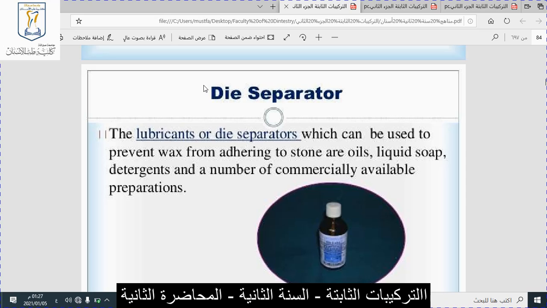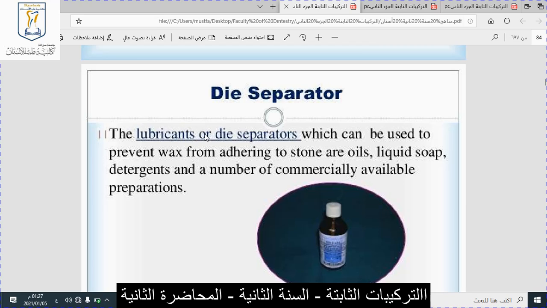These are the two purposes of the die separator or die lubricant: to make the die compatible with the impression material, and to make the die easily separated from the impression. Okay, so compatibility: to make the surface of the die, if it is low in